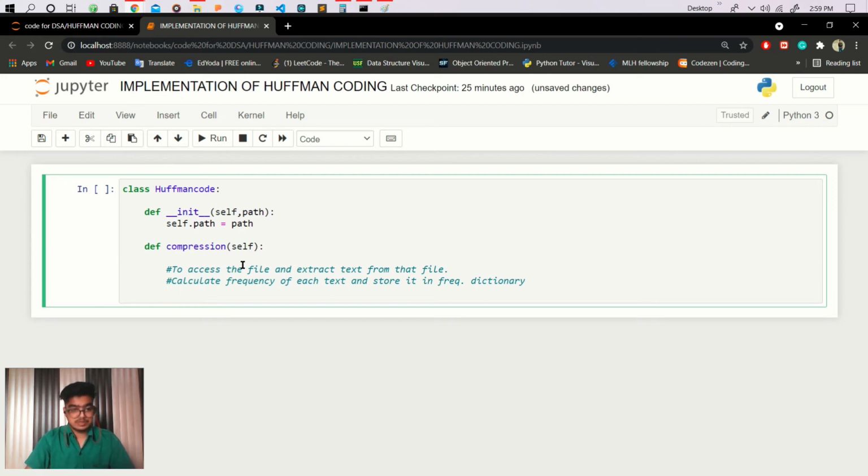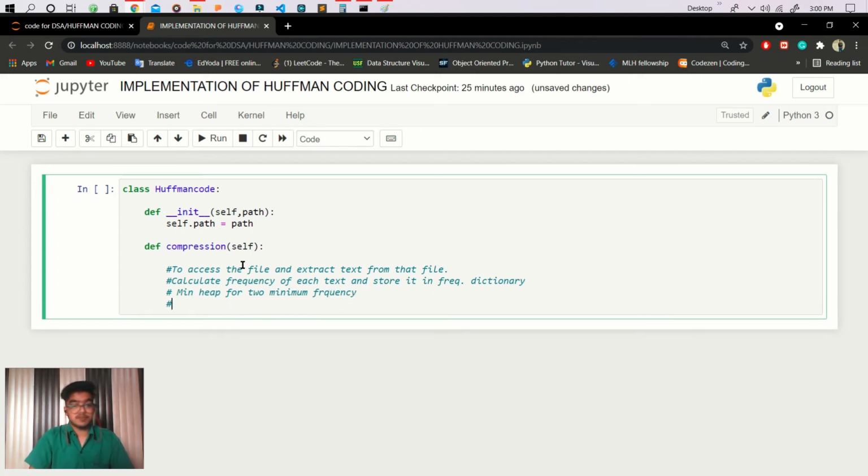As you know from the steps of Huffman coding, we need the two characters having minimum frequency. For that, we have to construct a heap. We are creating a min heap for the two minimum frequencies.